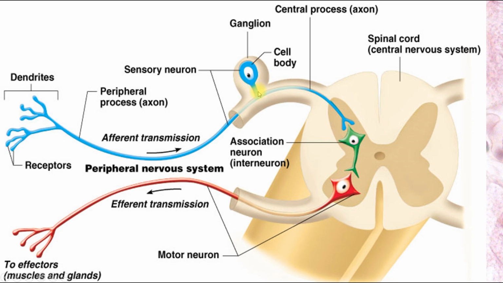Pseudo-unipolar neurons usually have very long dendrites. Here we can see dendrite, and dendrites receive information from outer environment, from inner environment, from different sources. For example, sensory endings in your fingers which feel something. And if you touch something, this information immediately runs through the dendrite of the pseudo-unipolar sensory neuron and goes to the perikaryon of the sensory neuron,